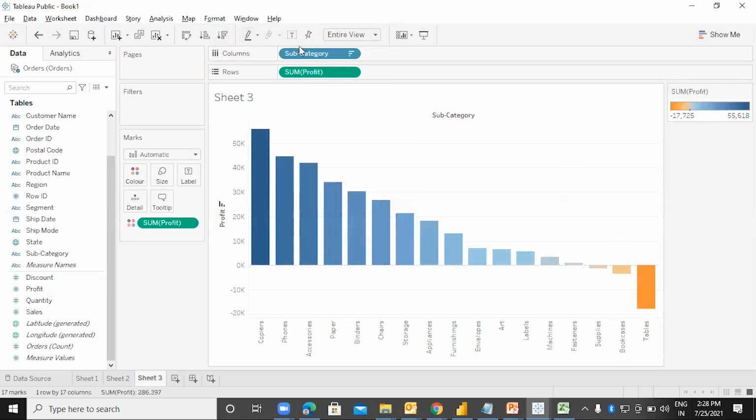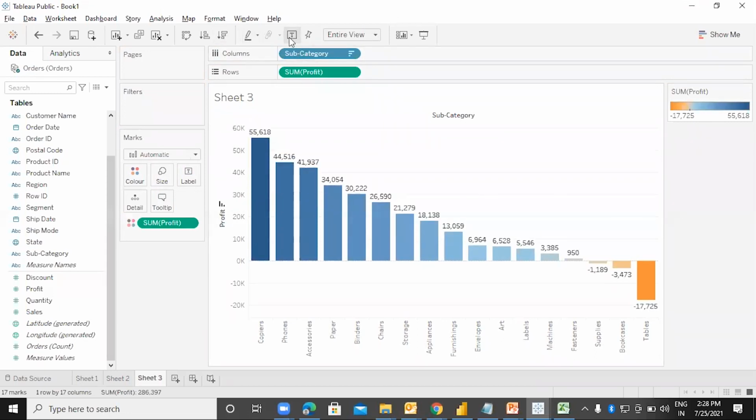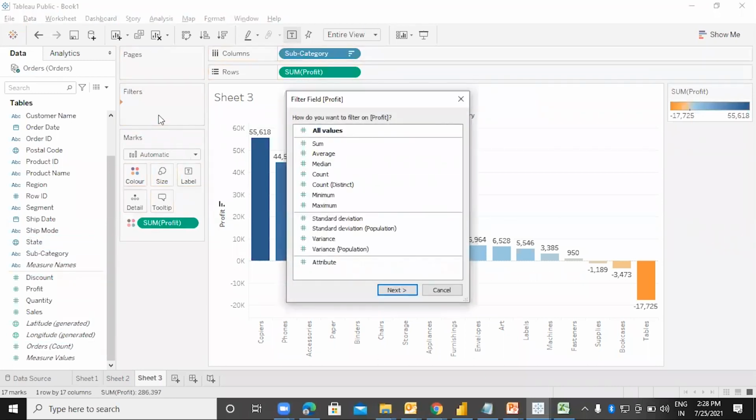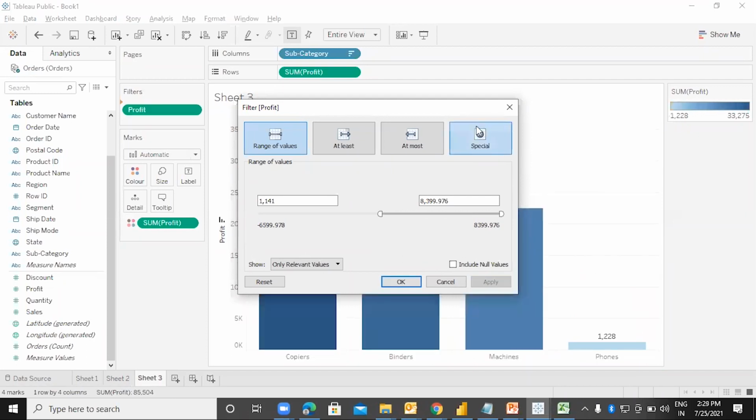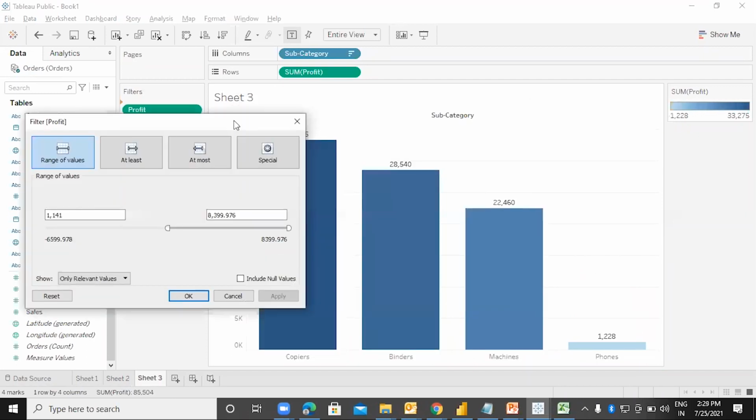Here it is, and display the label. Now let me put the profit into the filter and click on next. And here you can specify that where the profit is between the specified range. Say apply. It is giving only those categories where the profit is falling within the specified range.